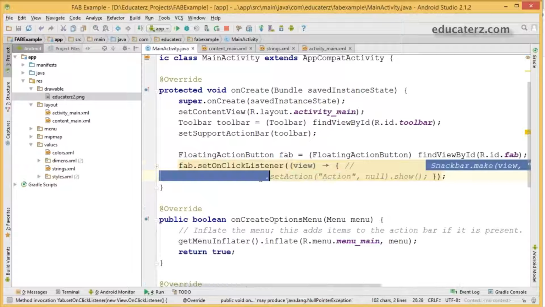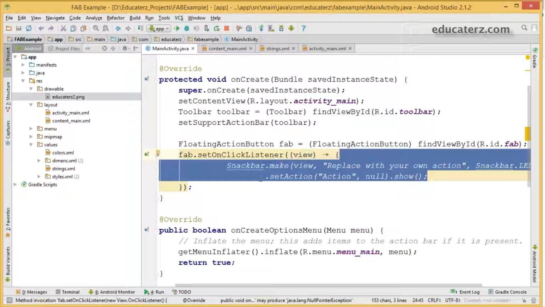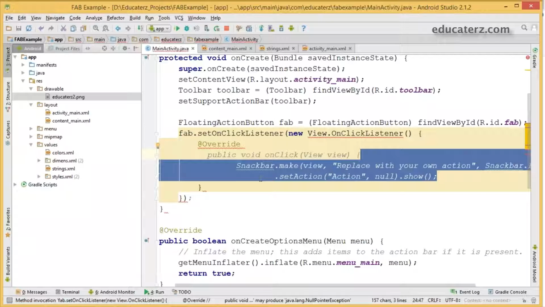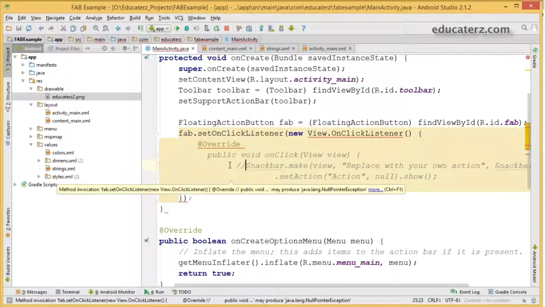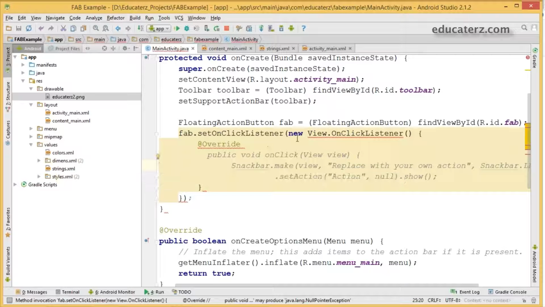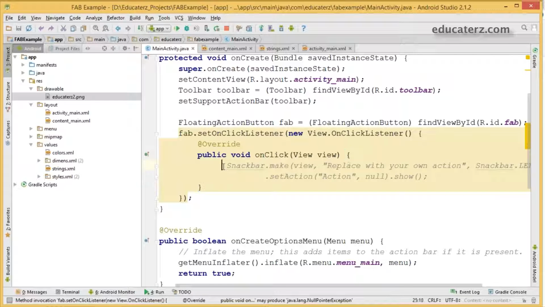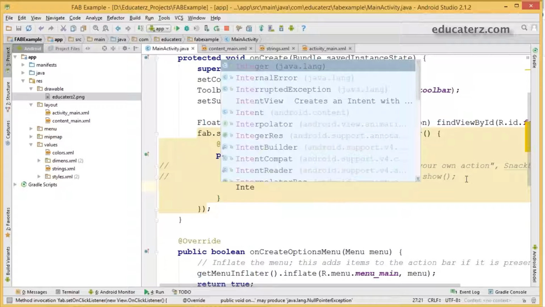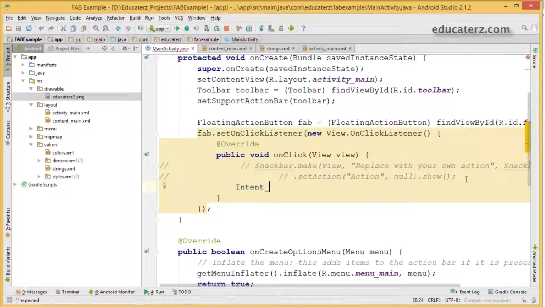We'll call an intent. I'm going to use an implicit intent over here.